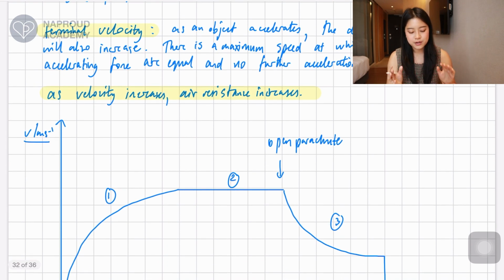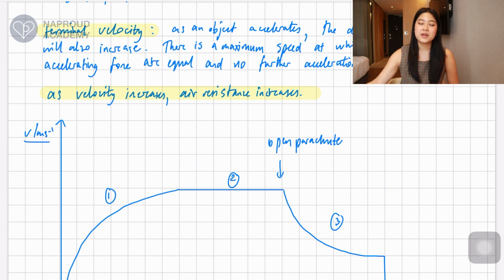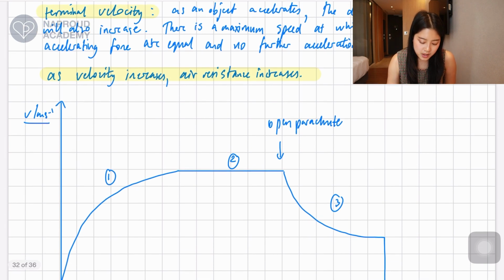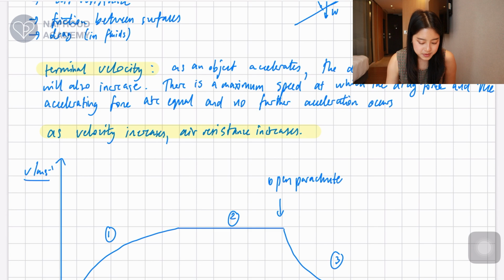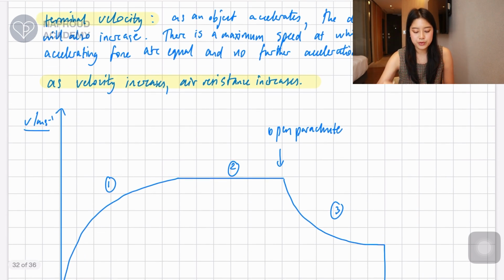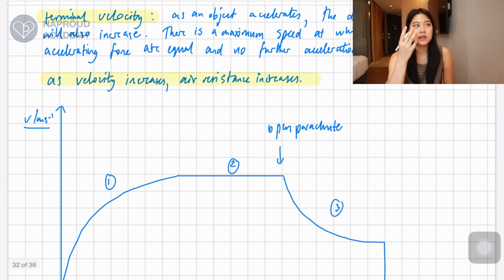And that is the idea of terminal velocity, which is a common idea in which they try to test your understanding of air resistance, essentially, which you might also have been familiar with from IGCSE. So terminal velocity is the idea that you're going to drop something on the earth. And so there would be the effect of gravity. But aside from the effect of gravity, there's also the effect of air resistance because it's going to fall